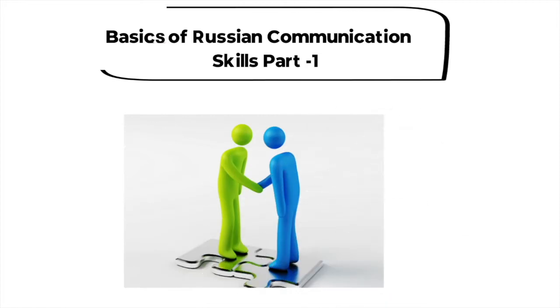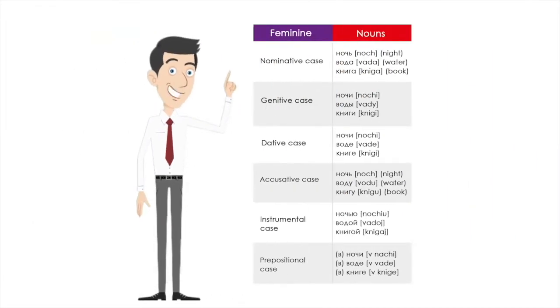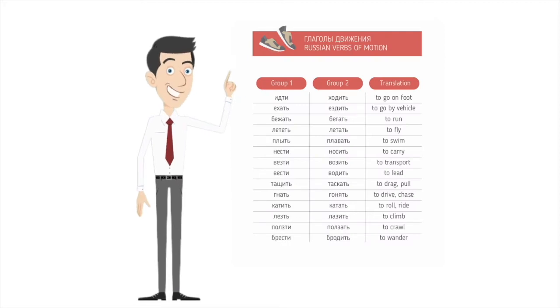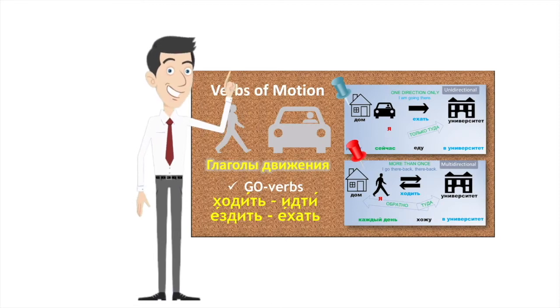If you remember, we have already discussed various aspects of Russian grammar and phonetics. Some important aspects, like the case system in Russian, we have briefly touched upon. Now, since we have been talking about how the verb plays an important role in the construction of a sentence, and specifically how to conjugate different verbs of the Russian language, in our previous module we briefly touched upon the verbs of motion or glagoli dvizheniya, because it is as important as any other aspect of Russian grammar in order to give meaning to our sentences.